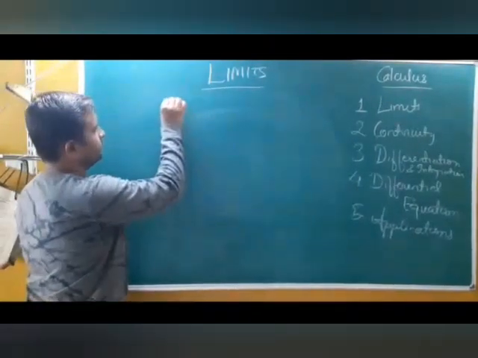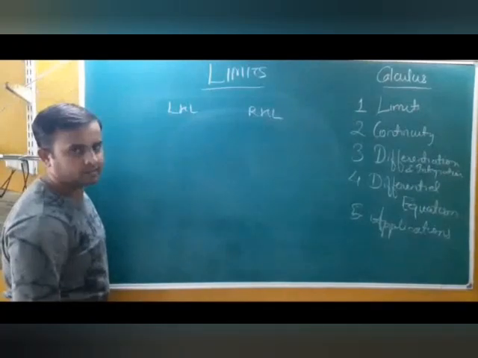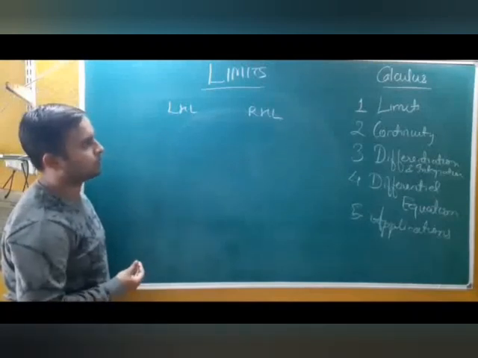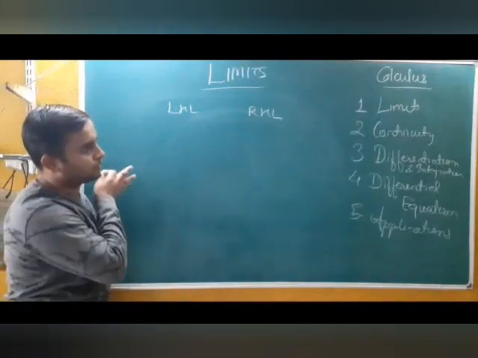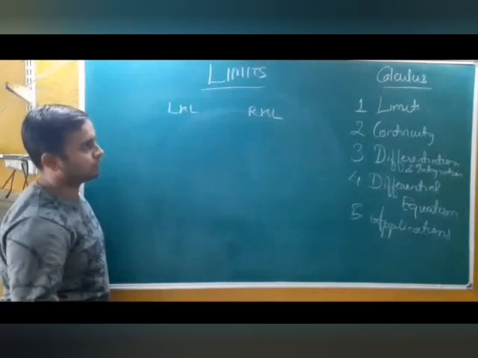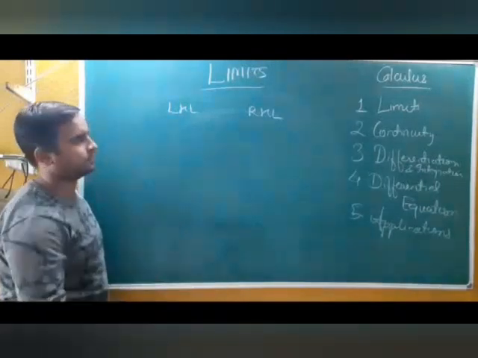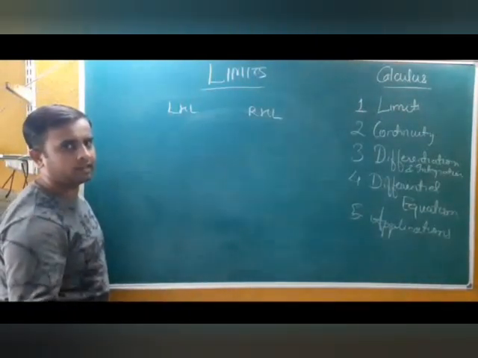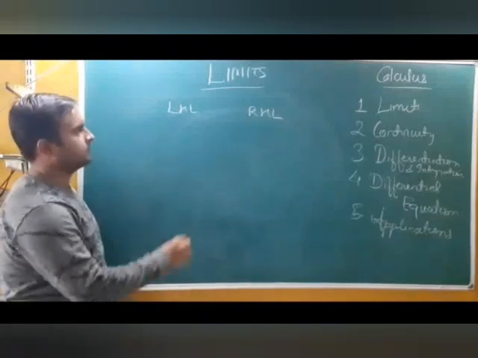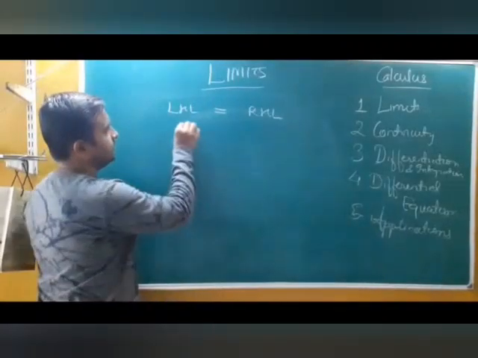So we have seen two things, left hand limit and right hand limit. Left hand limit means identifying the behavior of the function at a particular point when the value is approaching that point from the left hand side. Similarly, for right hand limit, we will see the behavior of the function at the particular point when the value is approaching from the right hand side. That means we are studying the limit in the neighborhood of that value of a function at a particular point. So we know if left hand limit is equal to right hand limit, we say limit exists.